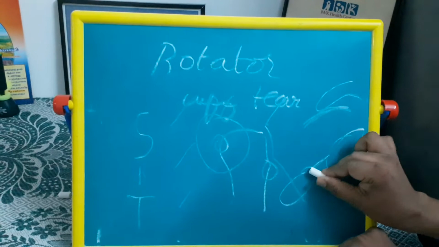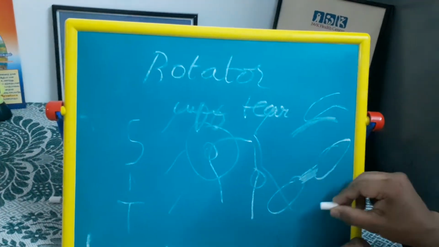So in any of these surgeries, you need to do what is called an acromioplasty. What is an acromioplasty? They can ask you. It can be an open acromioplasty or arthroscopic acromioplasty. In acromioplasty, there is the coracoid process. There is an acromion process, and between them is the coracoacromial ligament.